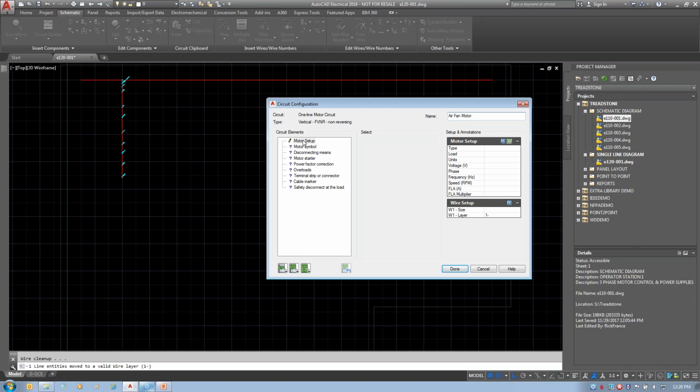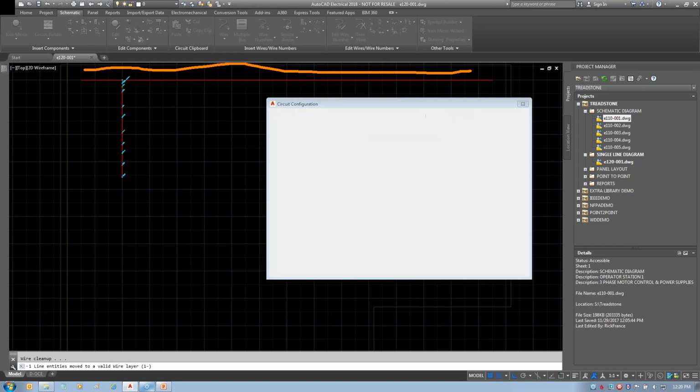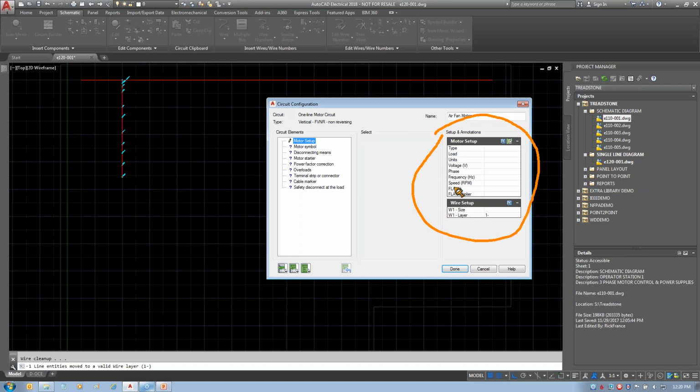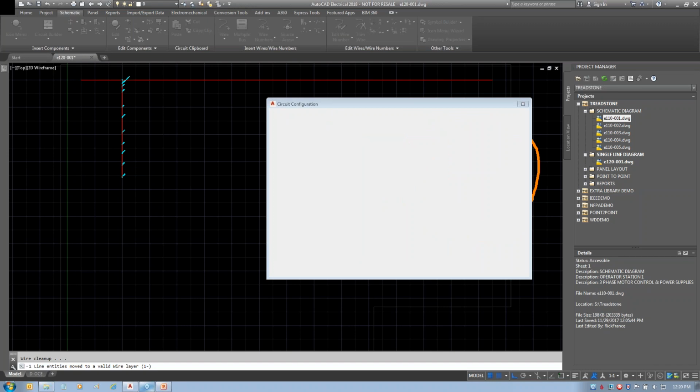If I was doing this, the version where I'm not connecting it up to my other drawing, and I have the rung numbers up here, so that's going to be assigning my numbers and everything, I would need to fill out any information here throughout this particular configuration process that I want to put in here. Now I can fill it out here, or I can fill it out after the fact using edit component. They'll both do it. By doing it here, though, it will get saved with this, and I won't have to keep doing it over and over again, because it will be all saved with it, including your manufacturer and